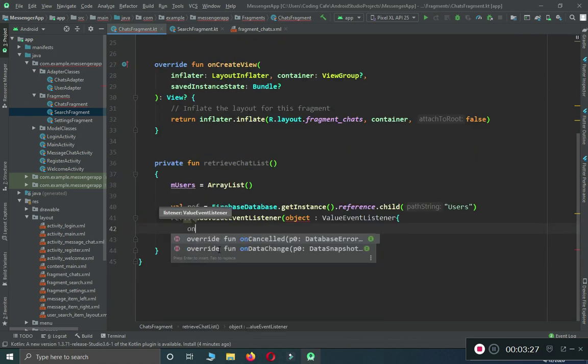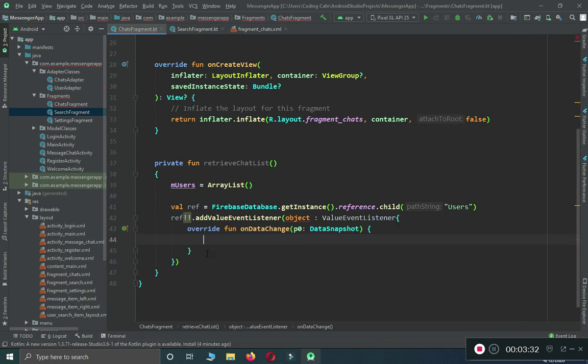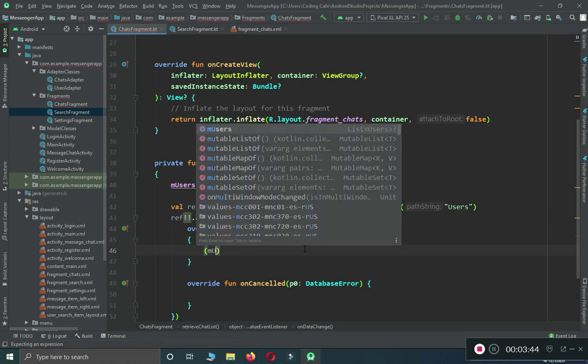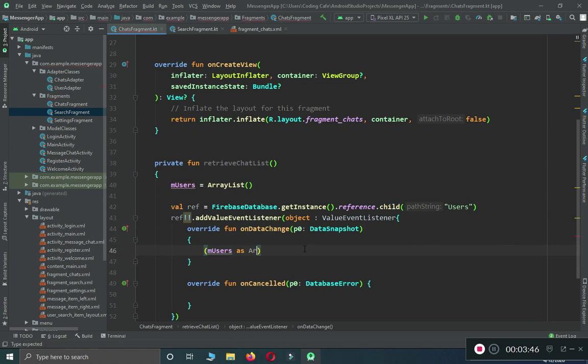And as you know that here we have two built-in methods, which is on data change, the second one is on cancelled, and we can say that first we have to make sure to clear our m user array list. So we can say m users as array list dot clear